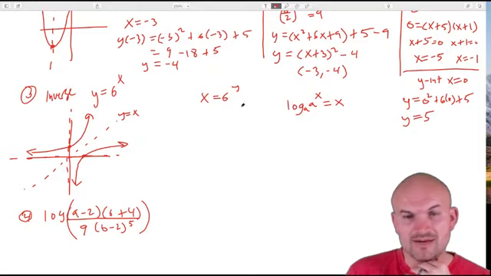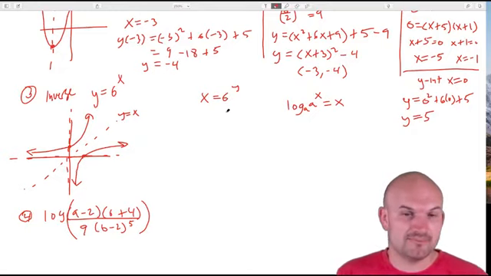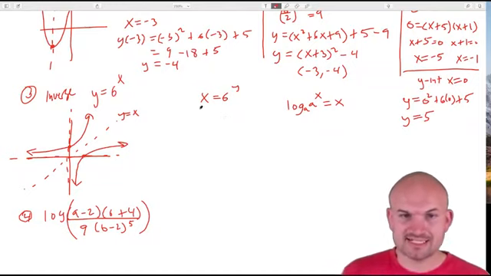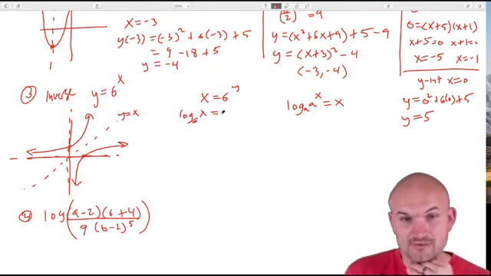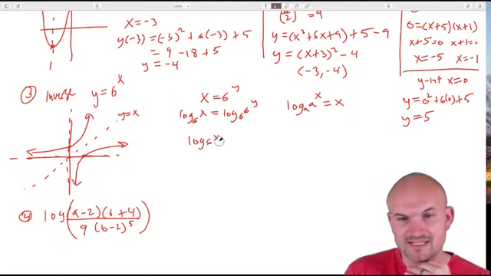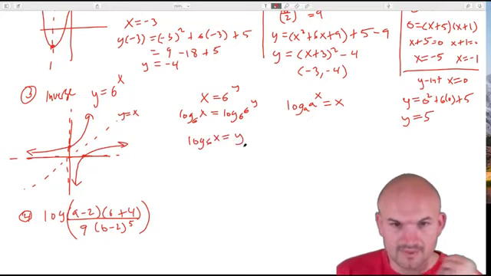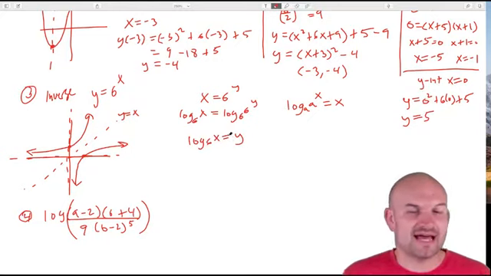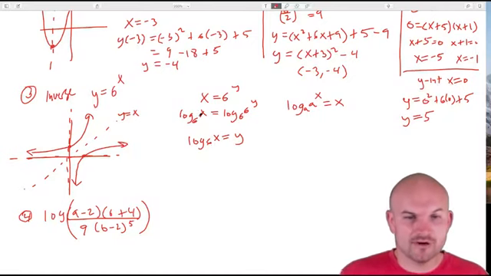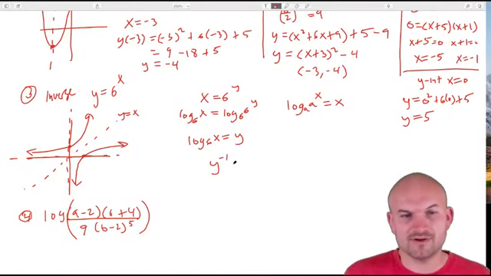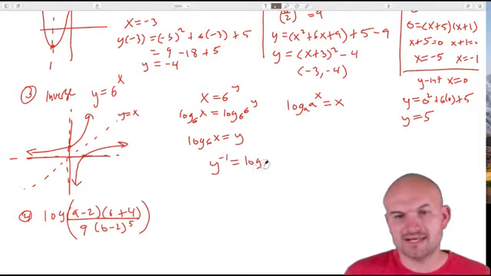So therefore, that means we need to take the log base 6 on this right-hand side to get the y off as a power. But you just can't take the log base 6 on one side. You've got to take the log base 6 on both sides. So I have log base 6 of x equals log base 6 of 6 to the y. That is now going to be log base 6 of x equals y. And now we solve for y. And again, that is going to be the inverse of your function. So you can say, y inverse equals log base 6 of